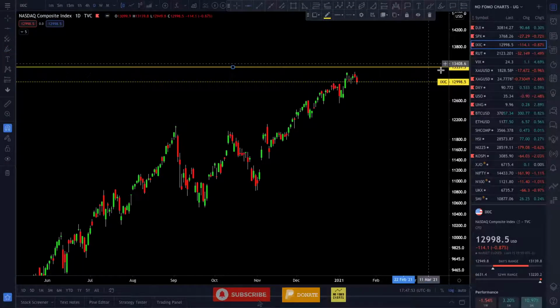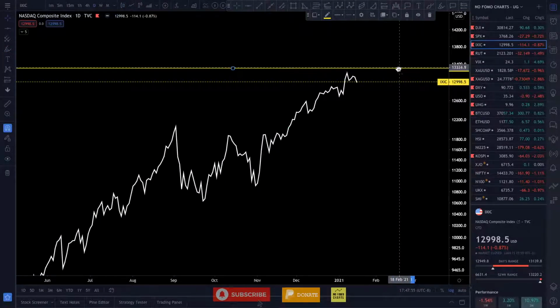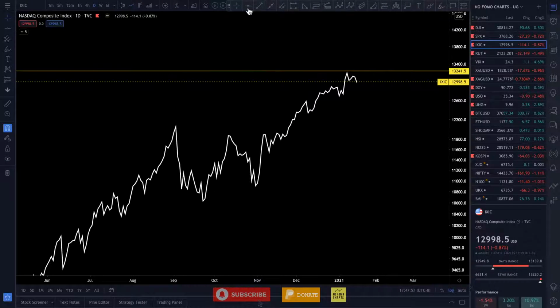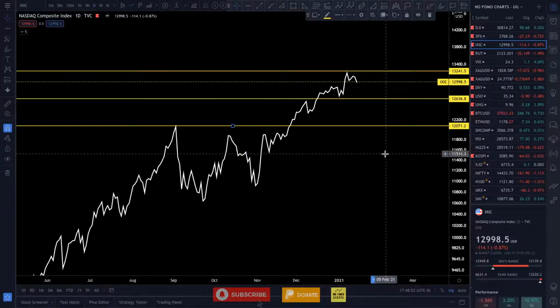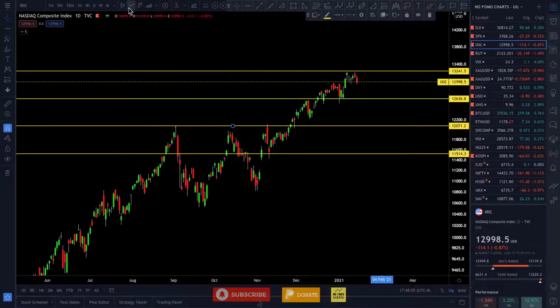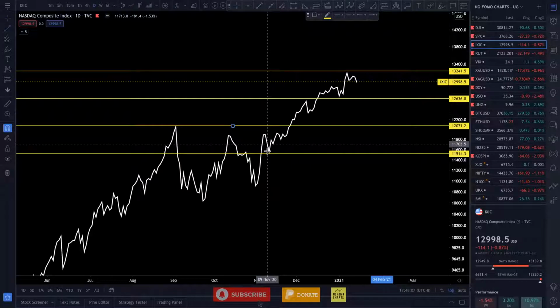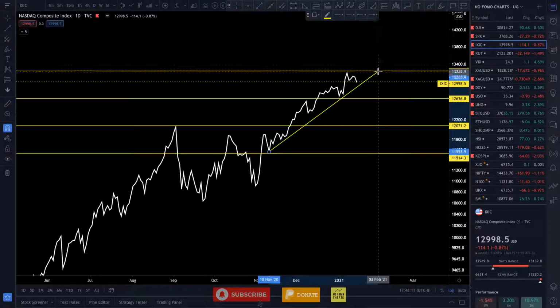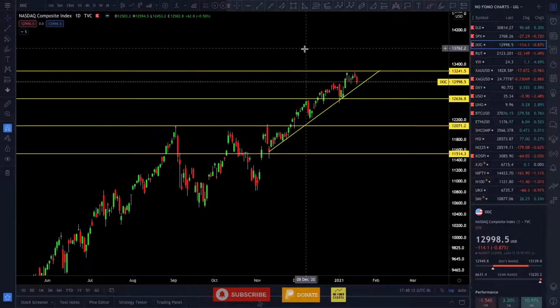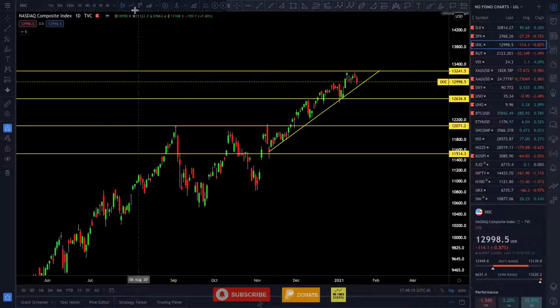Again, if we put the resistance up there, we know we have this resistance point down here. There's also one right in the middle. And there's one down here as well. I don't want to draw too many lines though. People might get confused. So let's get another trend line going. See, this one's a little tighter. It's just about to come down to that trend line, and it's going to be tested in the earnings coming up